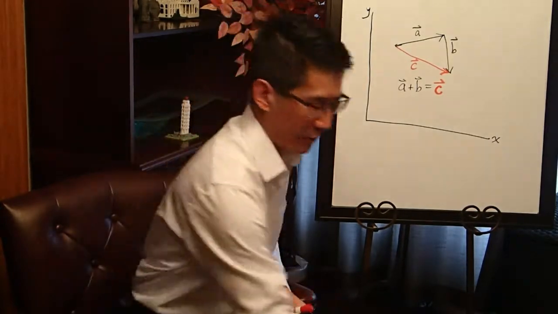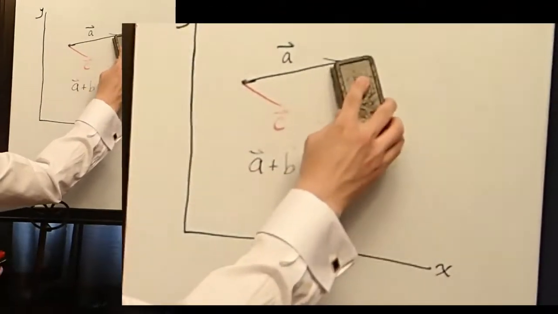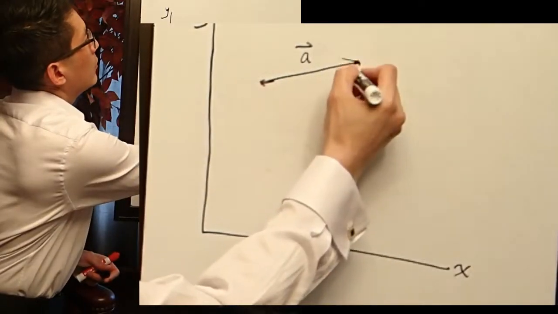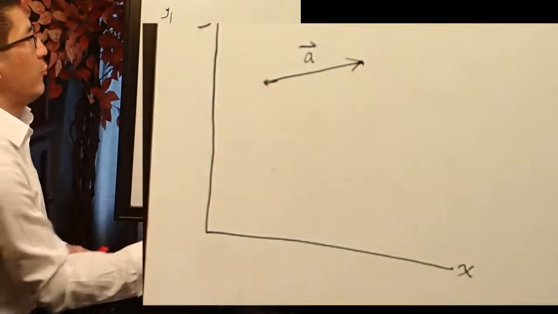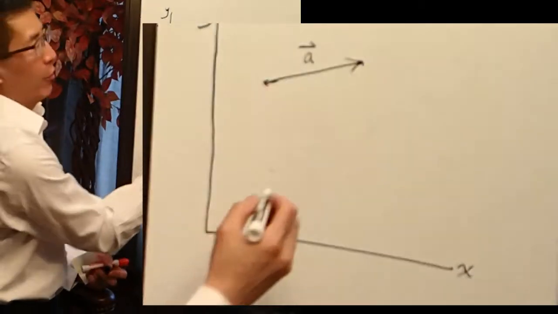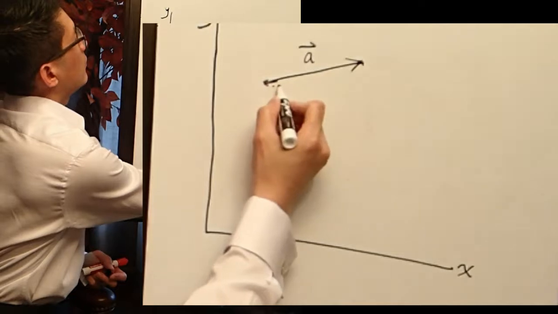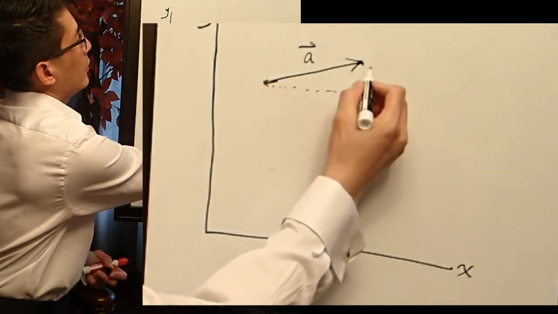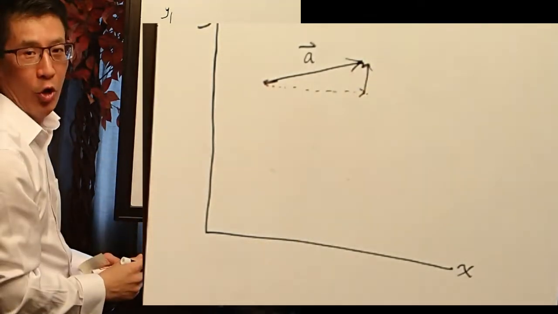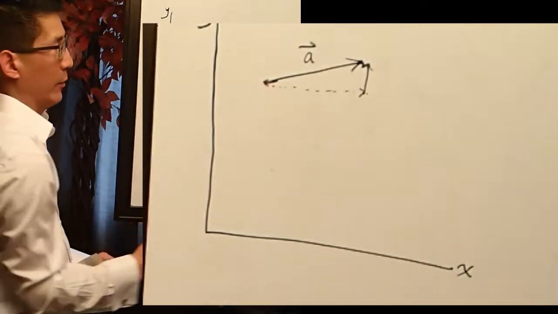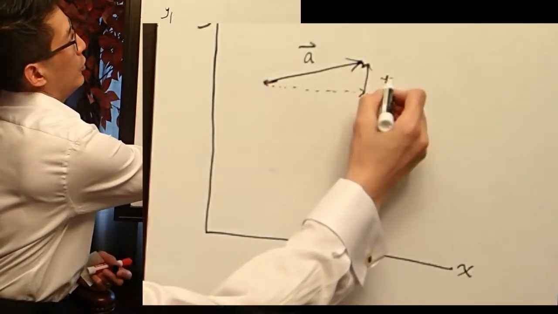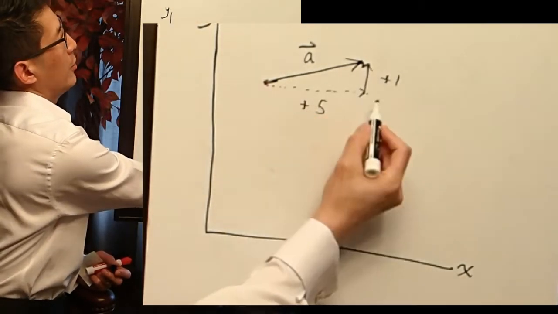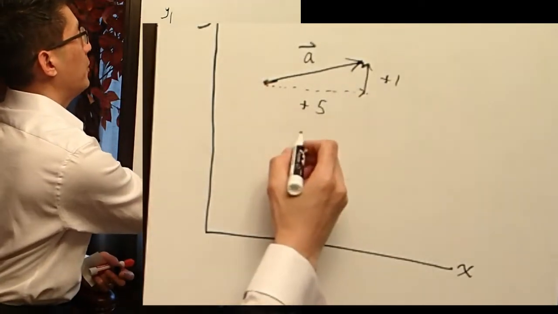Previous videos have talked about slope. So let us take our first vector, which was A, and if we define a set of axes, which is x and y, we can always resolve our vector using those principles we talked about earlier into a horizontal or x component, so parallel to the x-axis, and a vertical or y component. Rise over run. Looks familiar, right? So if our rise is, say, for example, +1 and our run is +5, so for every 5 units we go across, we go up 1, we can say, of course, that our slope is